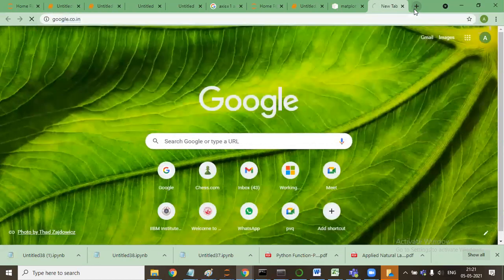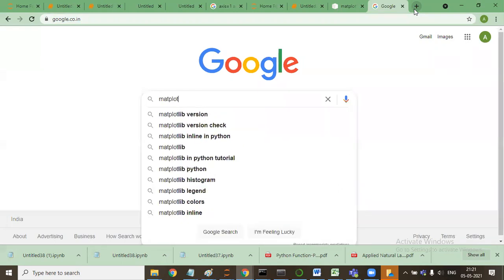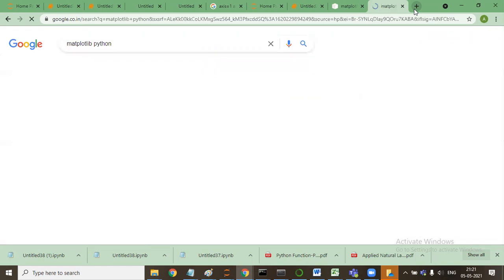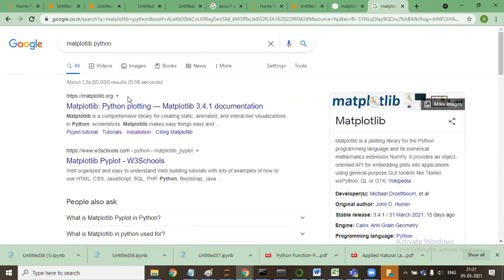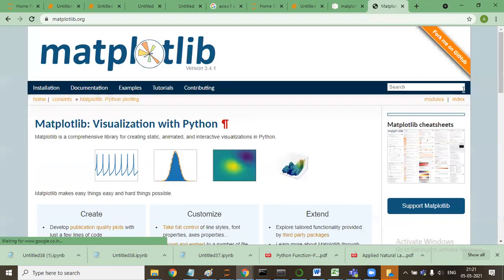You'll say matplotlib Python, then it will go to matplotlib.org, the documentation.